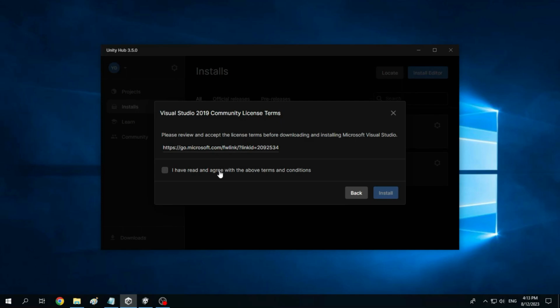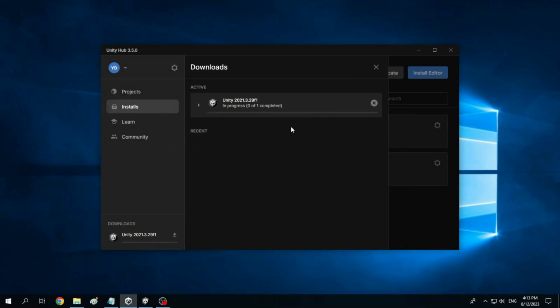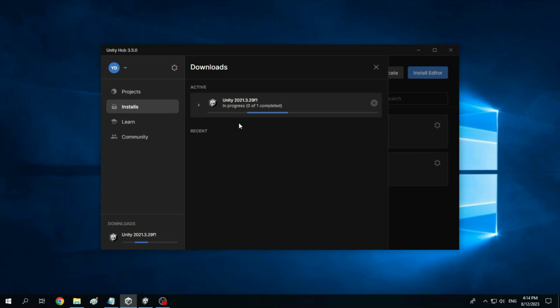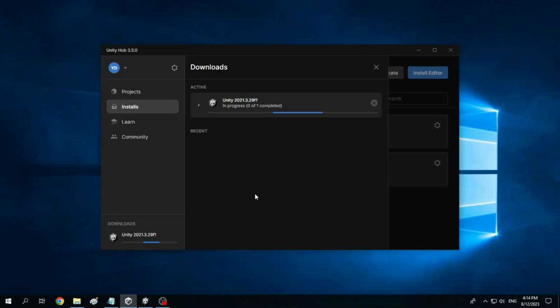You can see the terms here. I already visited that site. Then I click on install and you will see your download progress, and after it finishes, if you are on Windows, click on yes, and then